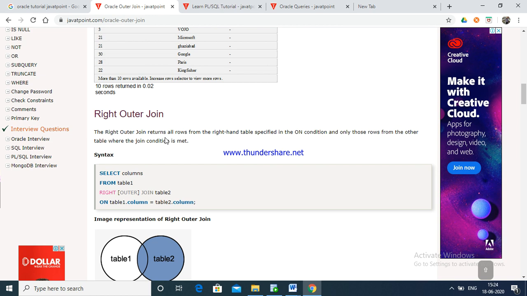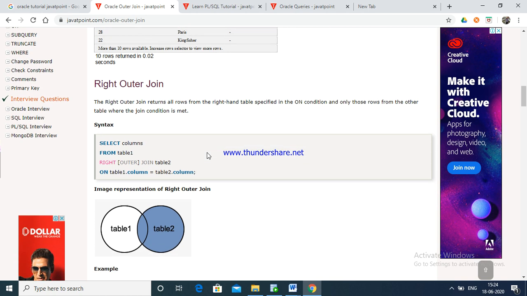Right outer join returns all rows from the right side table specified in the ON condition. Here, all records of the right side, second table, will be displayed, along with those rows from the other table where the join condition is met.